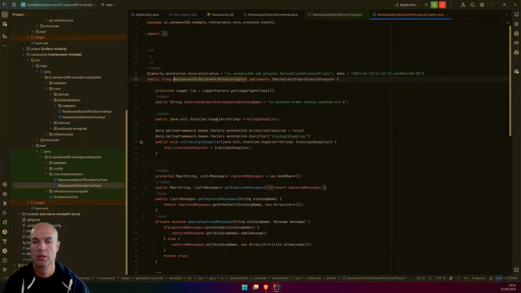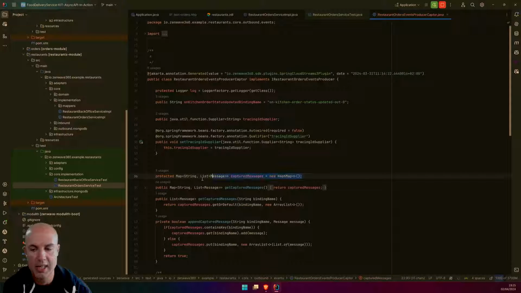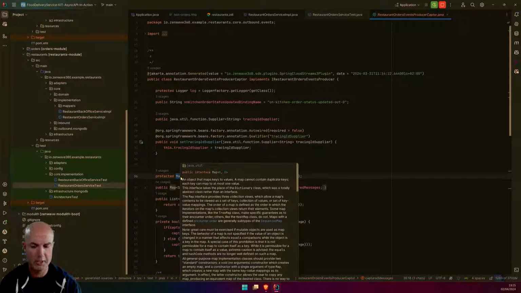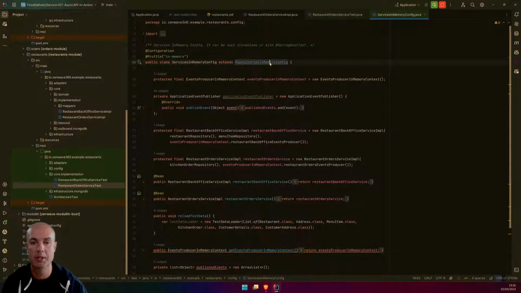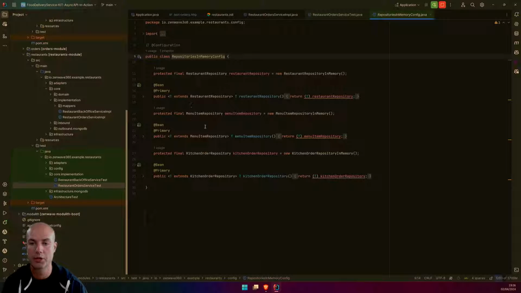So that implements the event producer and saves all the messages just in an array list inside a map. Very simple. We can run this without containers, without Mockito, without anything. And we also have an implementation of all the repositories.